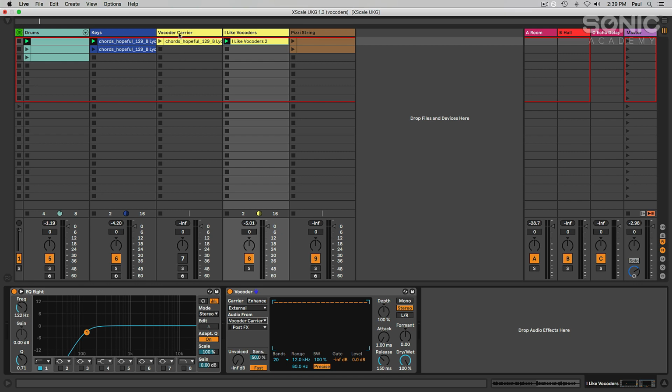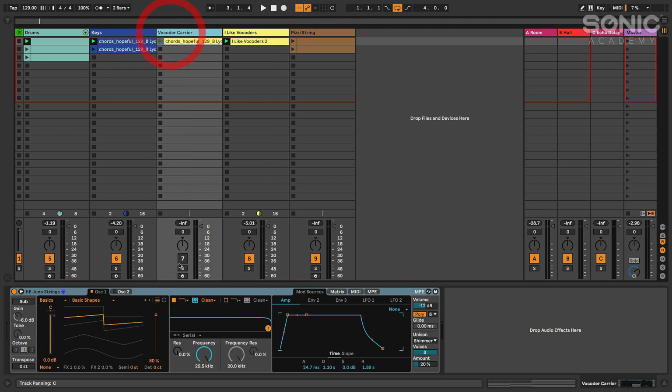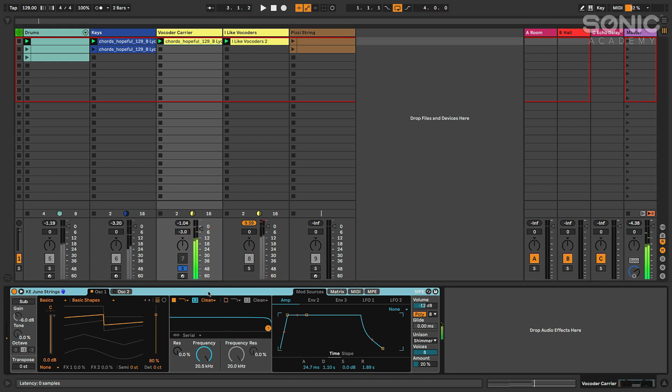And also, let me just play you what I've got on the Vocoder Carrier track. I'm going to solo it and just play the chords back. Pretty straightforward, super saw kind of a sound. It's a little loud. Let me turn it down. Now, the reason I chose this type of sound, you can use any synth patch that you want to,